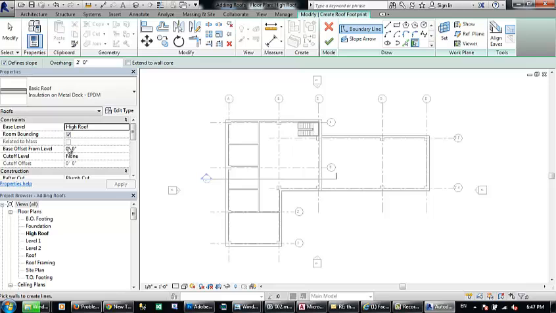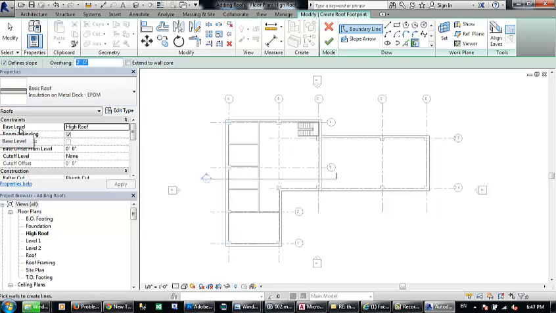So there is also another thing called the overhang distance. You know that roof has an extension beyond the wall. Okay, it's extending after the wall finished. This extension is the overhang. So if you check define slopes and tell Revit that the overhang distance is 2 inches, and then click here,